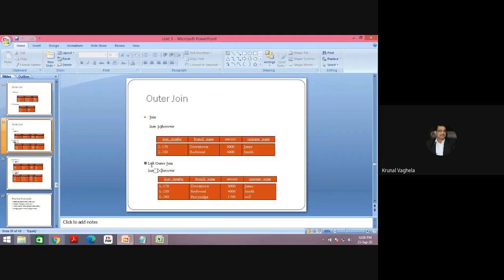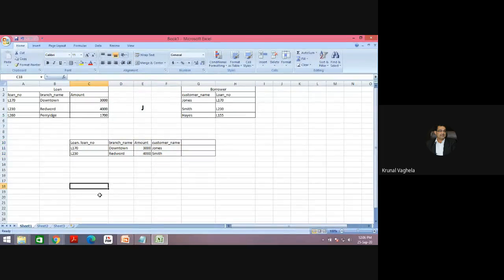Whatever the left relation is, here the left side is loan, it will include the tuples of the left table. Let me show here.